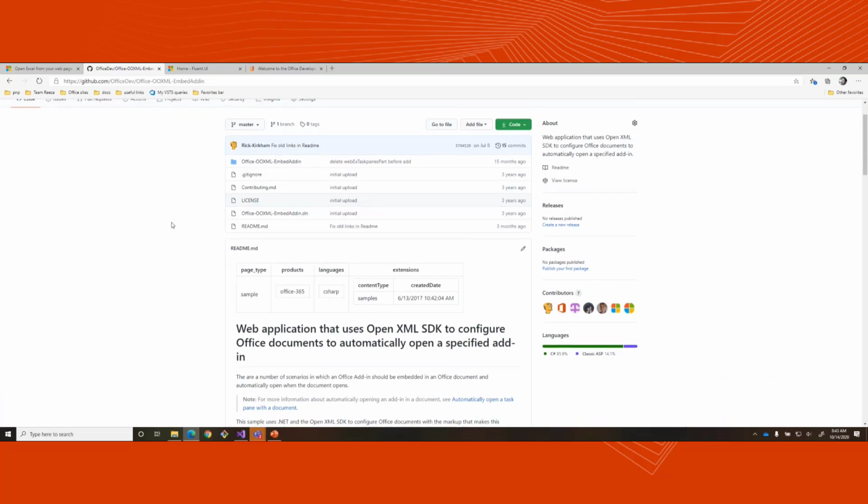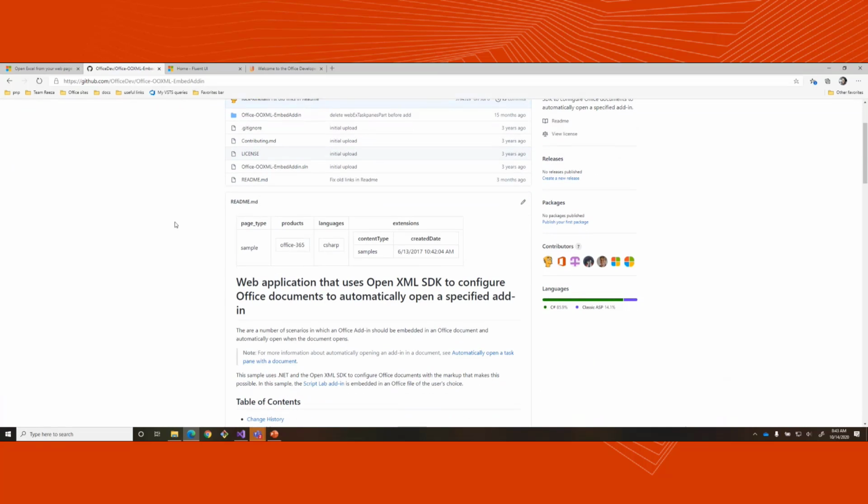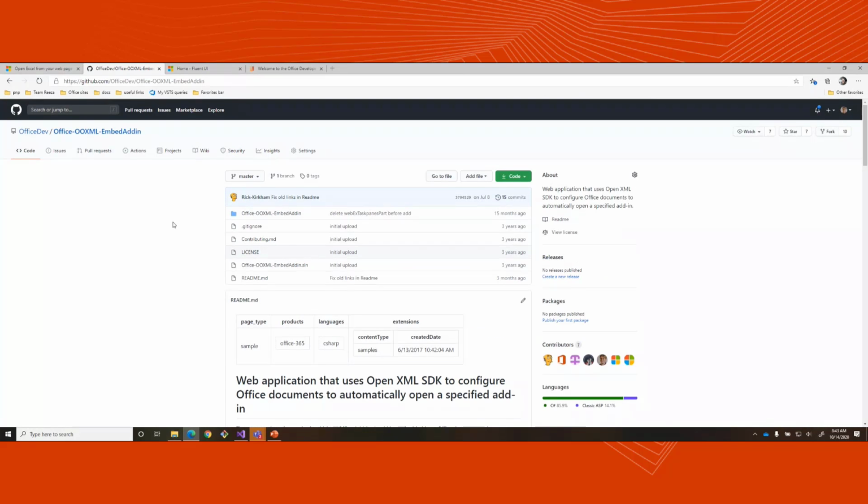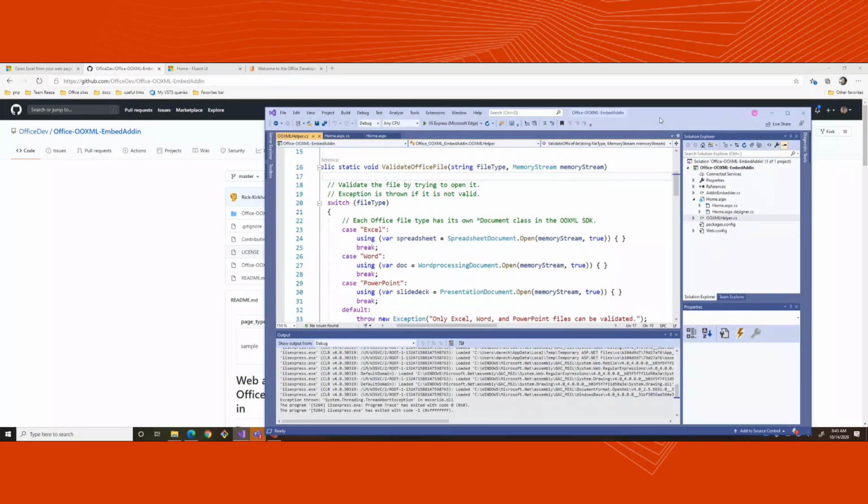And what this does is it allows you to take an existing file and insert the ScriptLab add-in into it. And so basically what we did is we took this approach and showed you how you could extend this to make a more end-to-end kind of scenario. So the way the sample works is,